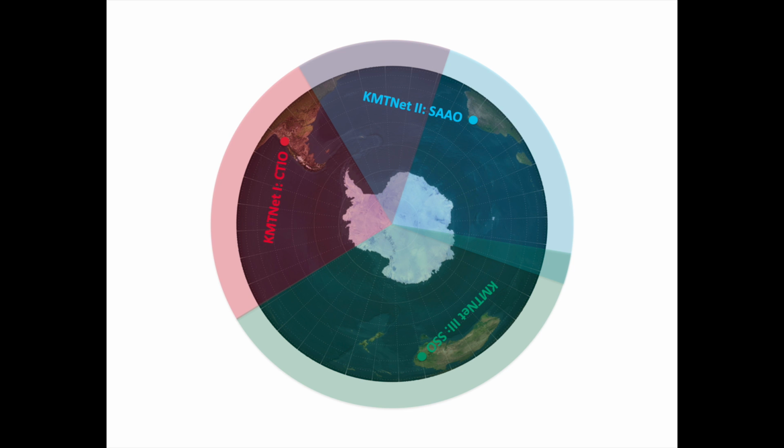KMTNet is a network of 3 telescopes, each with a 1.6 meter aperture and a 4 square degree field of view. Figure 2 shows the locations of the observatories and their planned chronology, with the first being installed at CTIO in Chile, the second at SAAO in South Africa, and the third at SSO in Australia. KMTNet will provide near-complete longitudinal coverage and some nearly continuous observations of the galactic bulge for the microlensing observing season, from early February through early November,